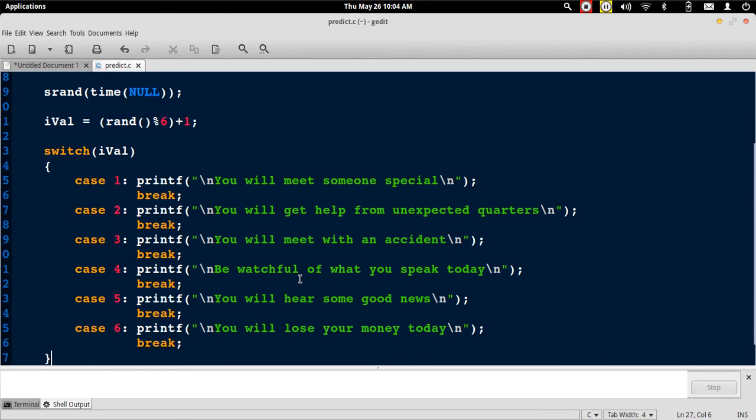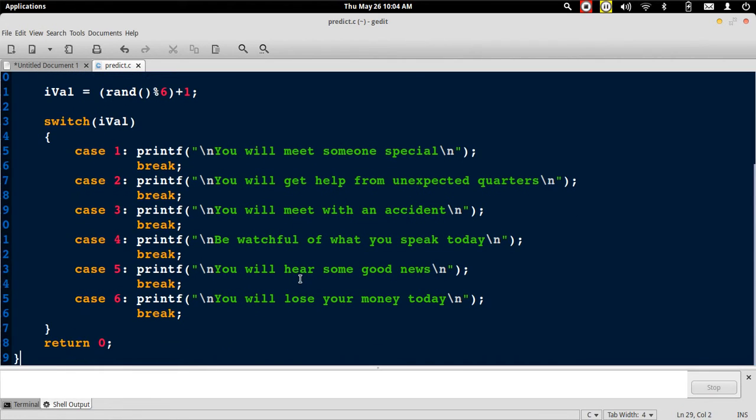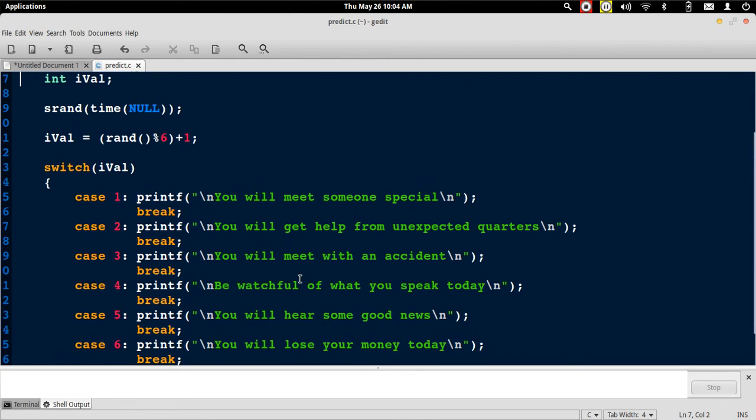and then terminates. So something that you guys have to try, some questions at the end, is what happens if I comment this particular line, okay, and then what would be the output of the program.